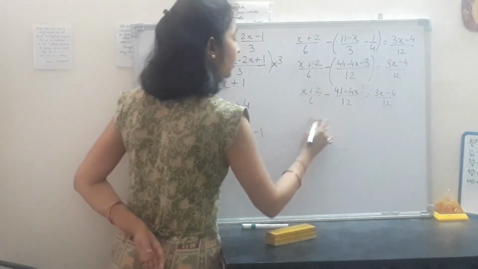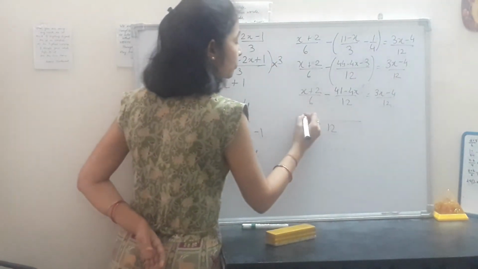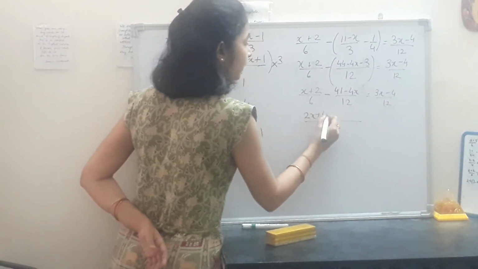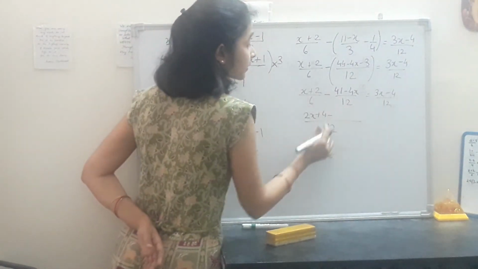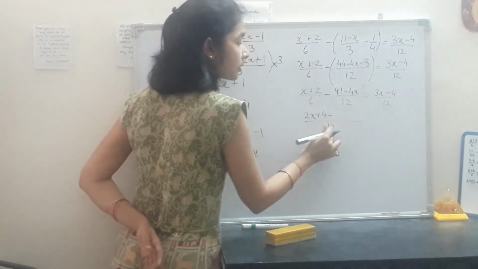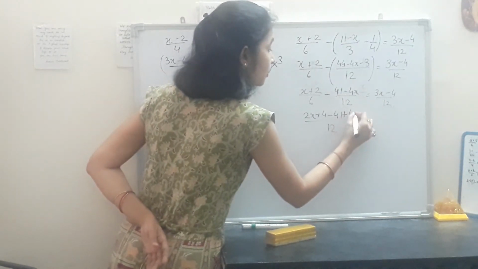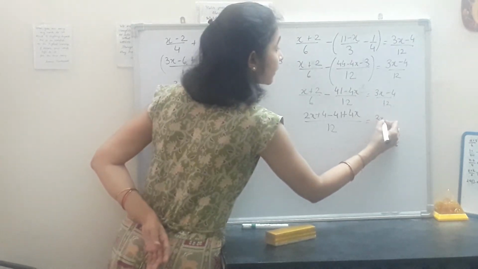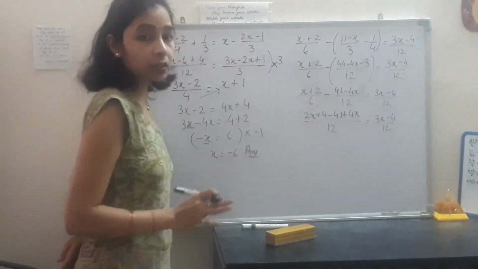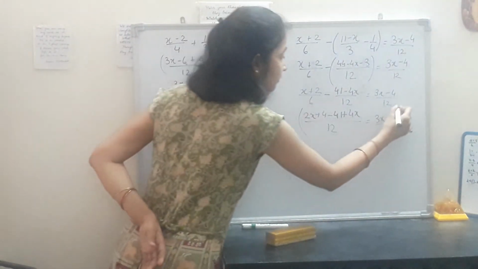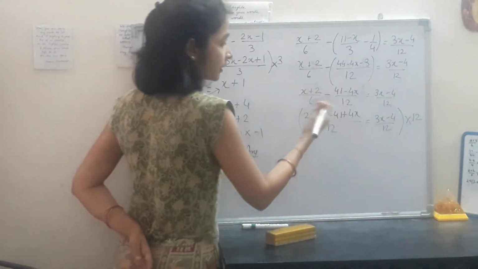Now again taking the LCM here, what will be the LCM? Simple, 12. Now what are we multiplying here? 2. So 2x plus 4 we get here, because we are supposed to multiply the same thing in the numerator. So 2x plus 4 minus. Now this term remains as it is because the LCM is 12 itself. So minus 41. Now minus into minus gets positive. So 4x. Now we will see the like terms here. Which are the like terms? Now just see here, again the denominators are the same. We can simplify the equation by just multiplying it by 12. So both the denominators disappear in the next step.